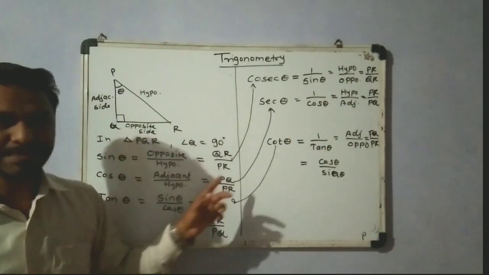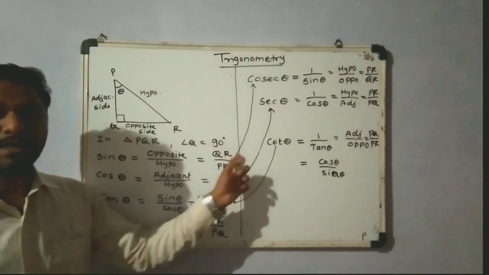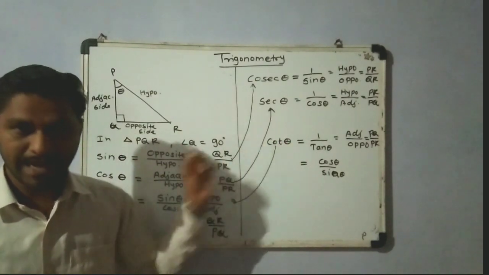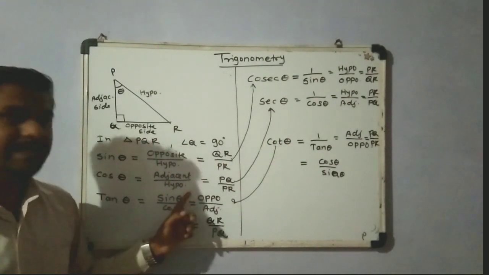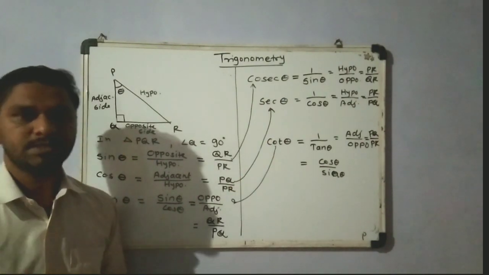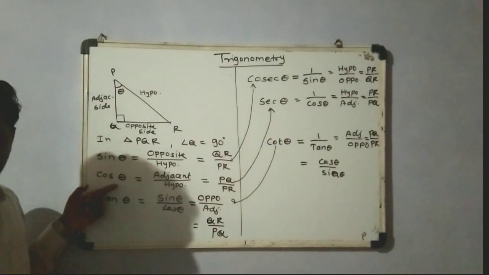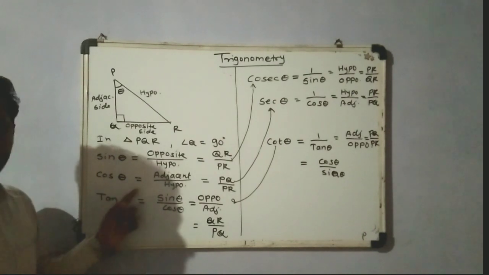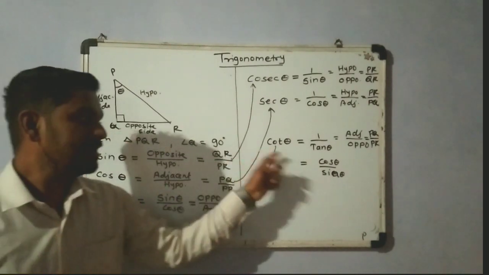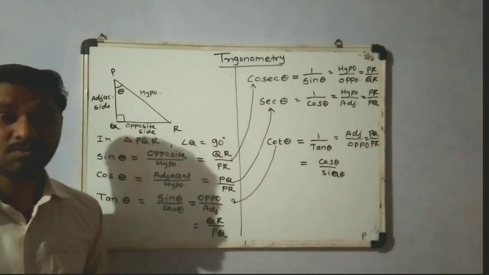At last, cot theta is related to tan theta. We know cot theta is the reciprocal of tan theta. So cot theta is equal to 1 upon tan theta. What is tan theta? Tan theta is opposite side upon adjacent side, so cot theta becomes adjacent side upon opposite side. One more formula is there: tan theta is the ratio of sin and cos, so tan is sin upon cos. So cot is the reciprocal of tan, which becomes cos upon sin. So these are our 6 basic trigonometric ratios